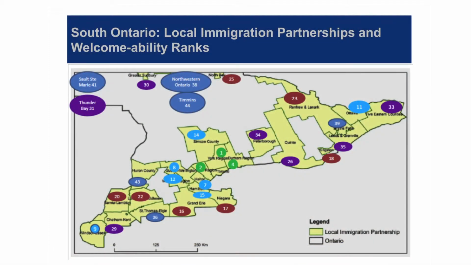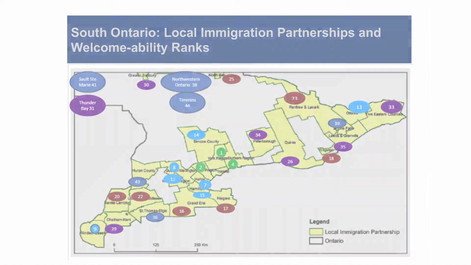To detect patterns in the ranks of welcomeability, we indicated the ranks with colors. Green for communities in the first 5 in welcomeability, light blue for the next 10, that is 6th to the 15th rank, red for the 16th to the 25th, purple for the 26th to the 35th, and dark blue for the 36th to the 45th, the last 10 in welcomeability. As you can see there, York, Peel, and Durham are in the 5 most welcoming communities. In general, welcomeability of Ontario LIP communities seems to radiate